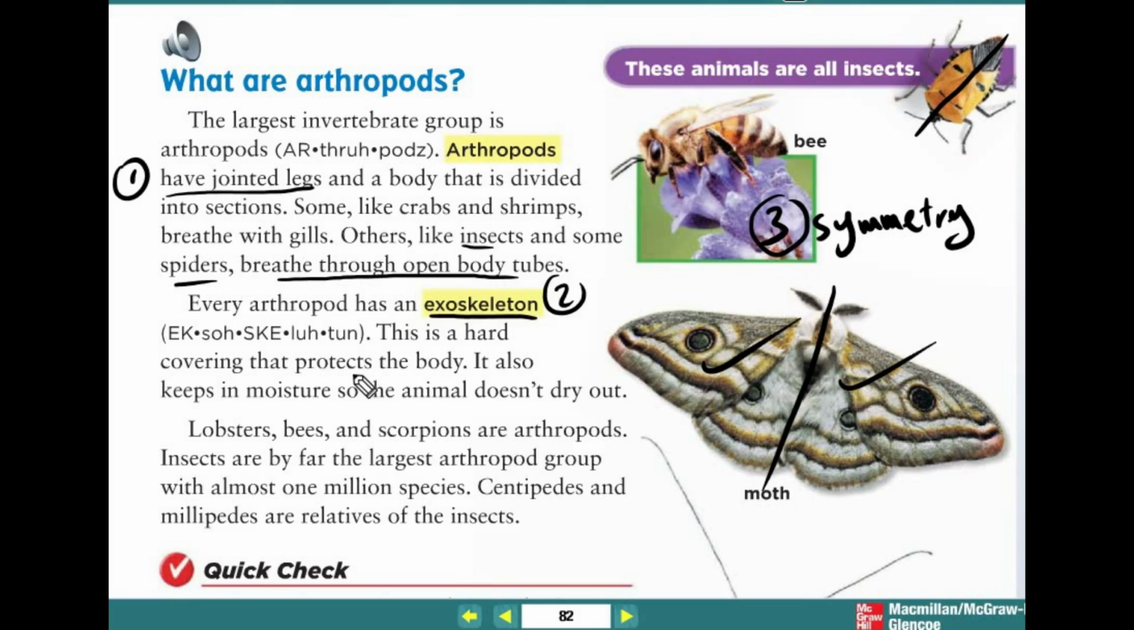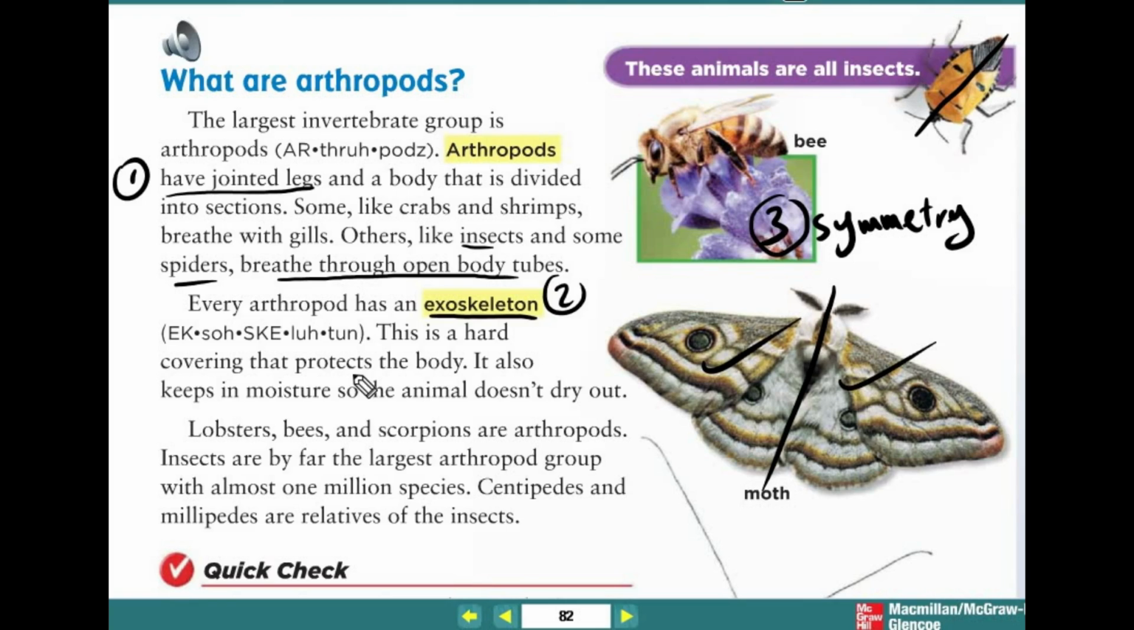Shrimps and crabs breathe by gills. Insects and spiders and all of the other arthropods, or most of them, breathe through open tubes in their body. Of course we have different groups of them, and we will focus on the characteristics of each group. But I am going to show you now the body opening tubes in these insects